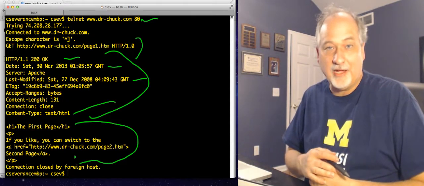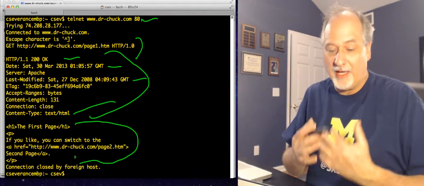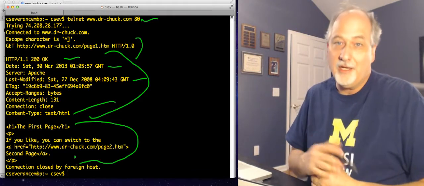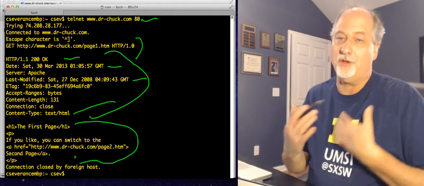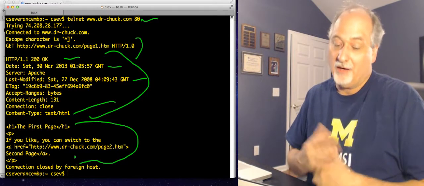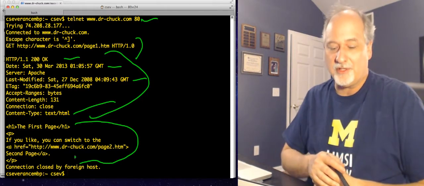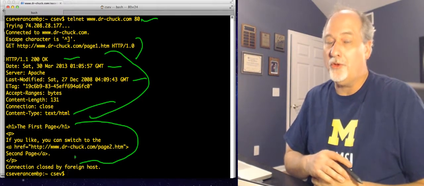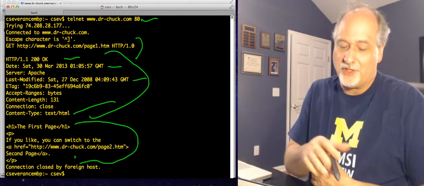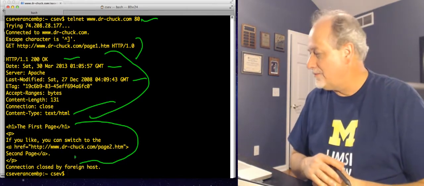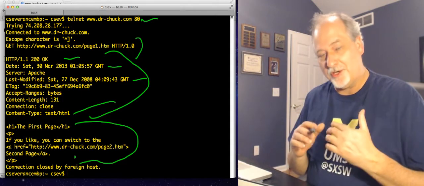You can do this to Facebook.com and do a GET. If you get the right thing, it'll give you stuff. You could go to various sites. You can fake browsers. Now, you're only going to get so far because at some point, these servers know that you're not a browser, because the browser actually sends a little more stuff than what we just sent. But you get the picture, okay?